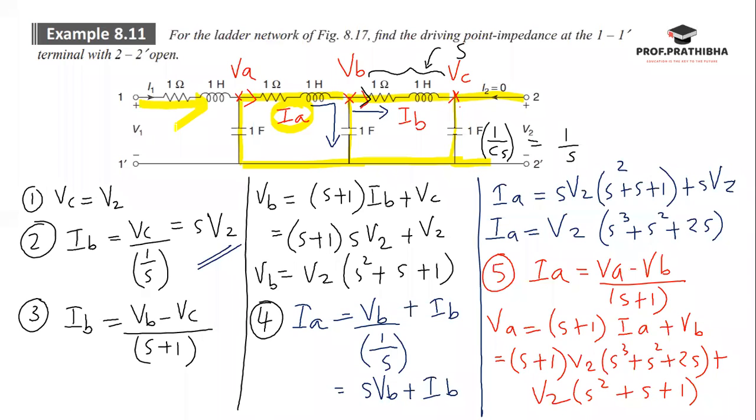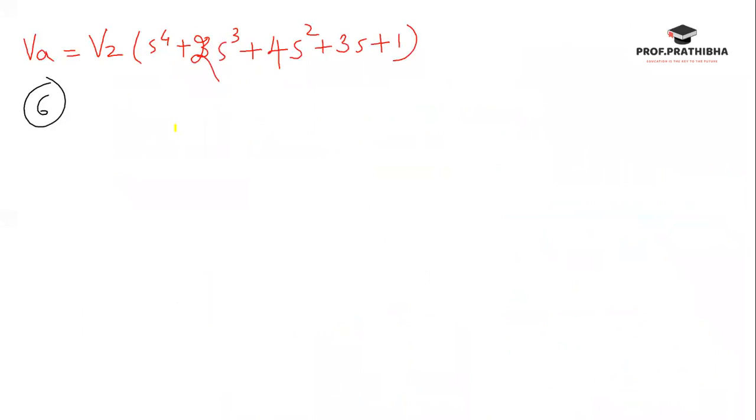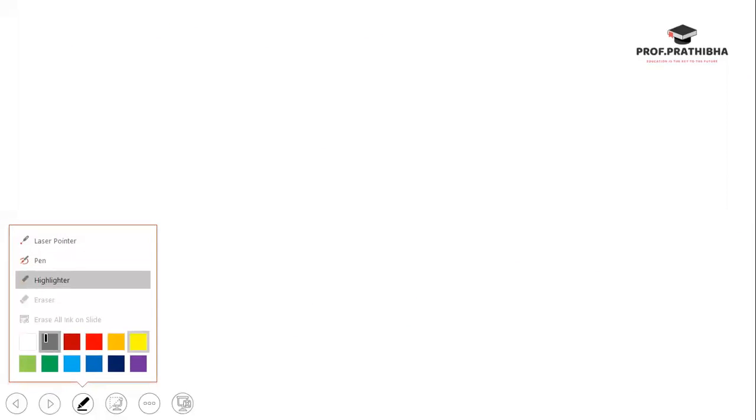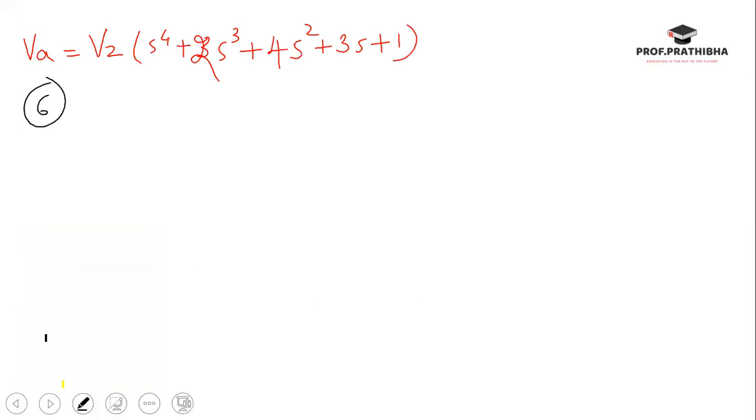VA divided by, yes, VA upon 1 upon S plus IA. Correct. So I1 is going to be nothing but, what is I1? I1 is going to be,